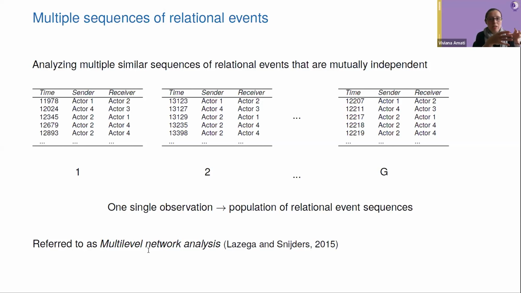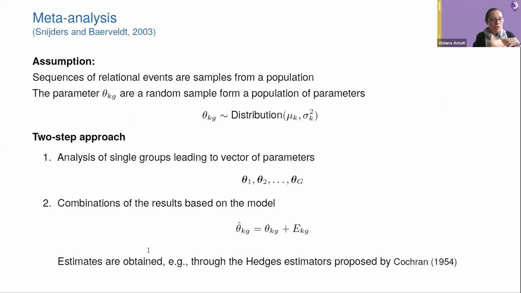What we want to do now is to use this multiple repetition of sequences of events in order to make inference of the mechanism that might have generated it. Following approaches in statistics and adapted to the context of relational event models, we can use the meta-analytical approach, where we assume that these sequences come from a population and therefore the parameters of the models are a random sample from